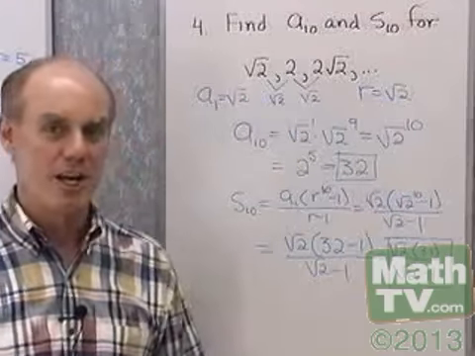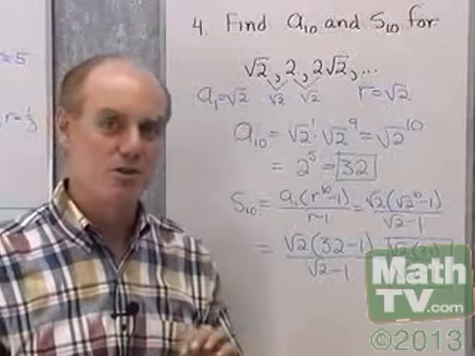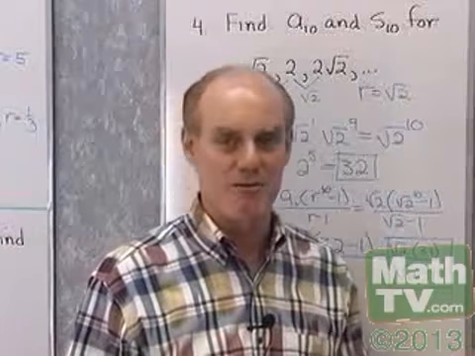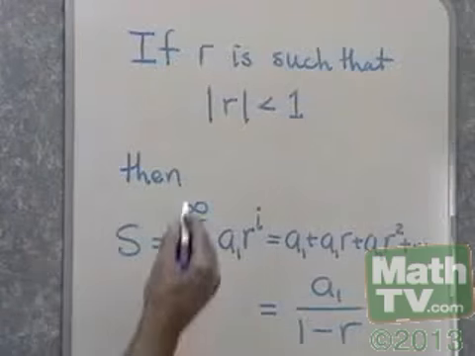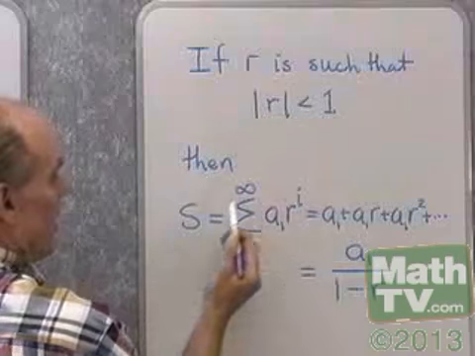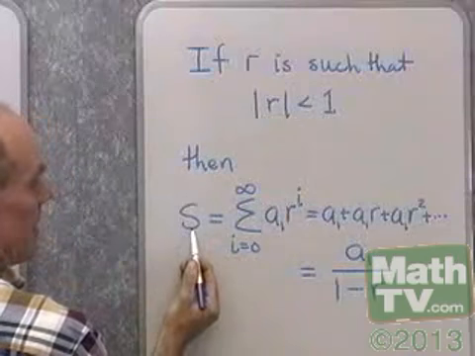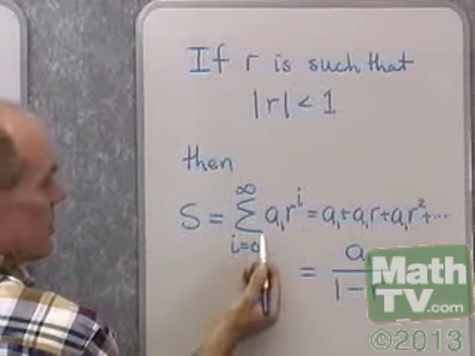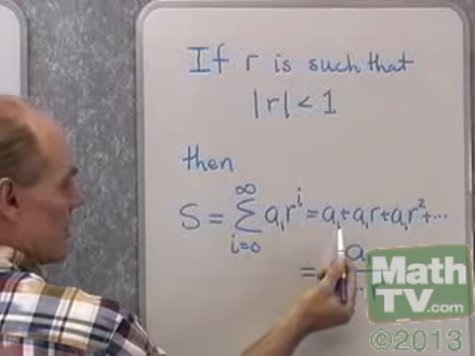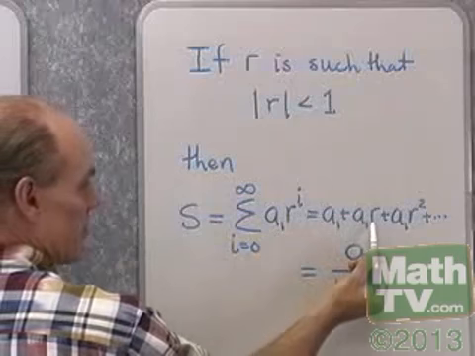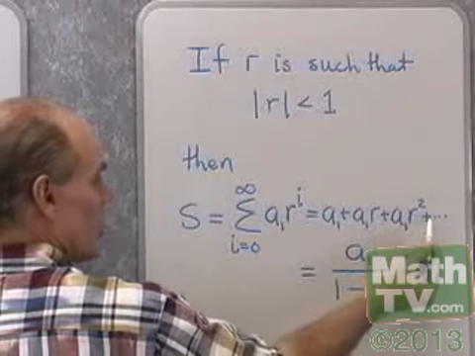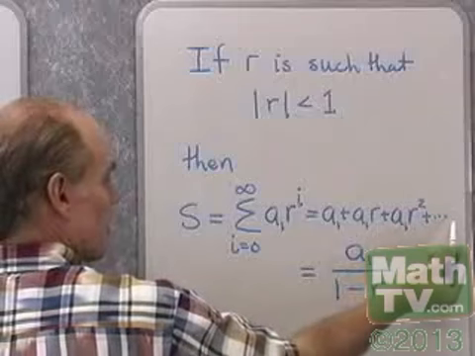Okay, next I want to look at a formula that we can use to find the sum of the terms of an infinite geometric sequence. Let's take a look at that formula. This formula says that if our common ratio R has an absolute value less than 1, then big S, the sum from i equals 0 to infinity of A sub 1 R to the i, which is the first term plus the first term times the common ratio plus the first term times the common ratio squared, and so on and so forth as far as we want,